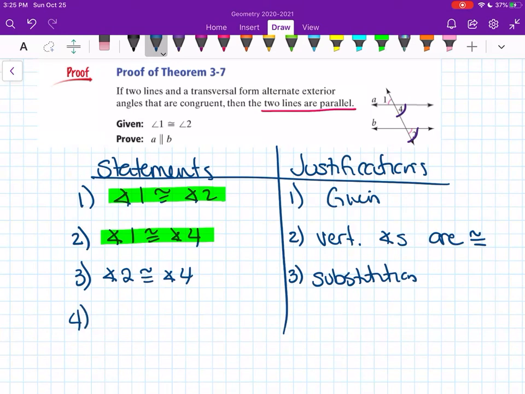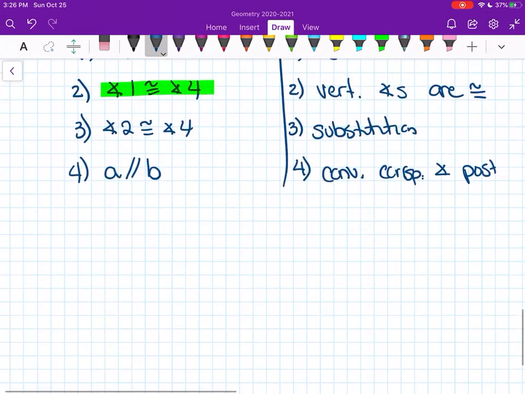And now I can say, if corresponding angles are congruent, which they are, 2 and 4 are corresponding, then my lines must be parallel. So A parallel to B. And the reason for that is converse of corresponding angles postulate. Great. So go ahead and